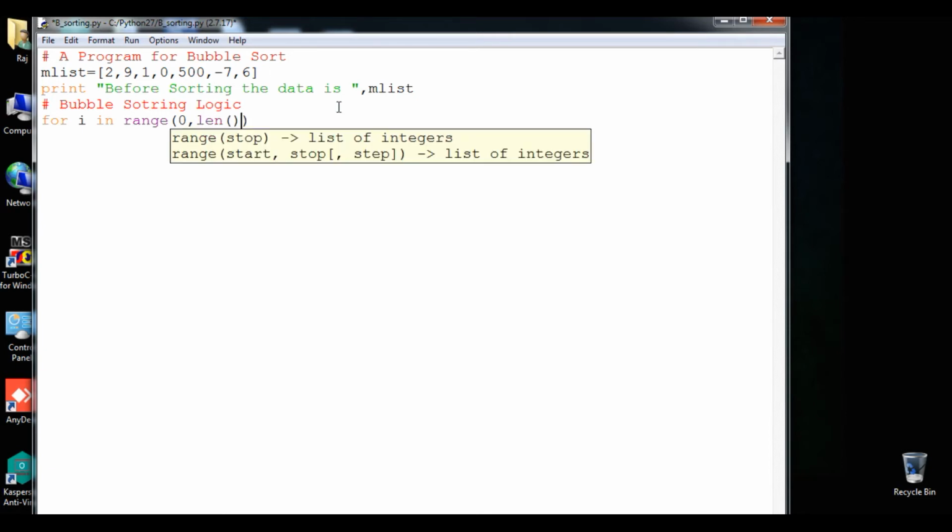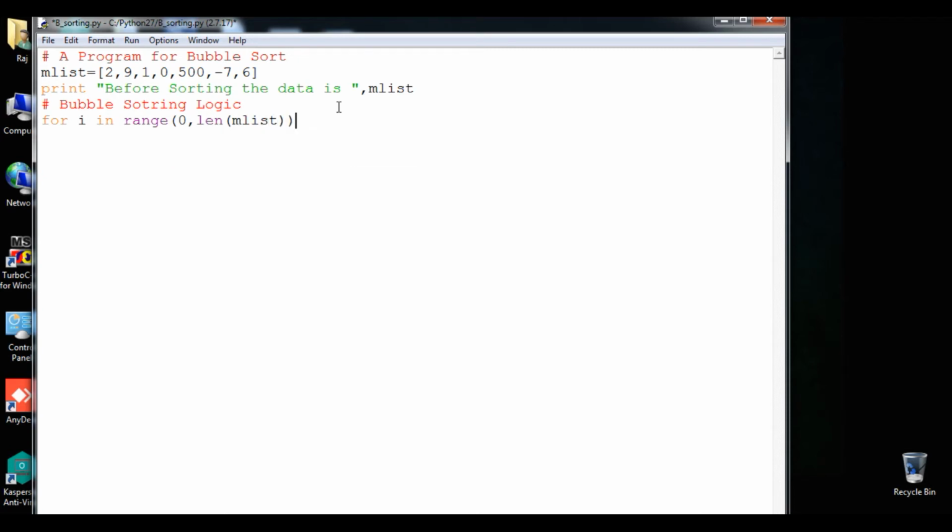I will use the len function, and here mlist, because we are going to count how many elements there are. So here 1 2 3 4 5 6 and 7. So you can see 7 elements are there, and according to the for loop, n minus 1 will run, that is 0 to 6.